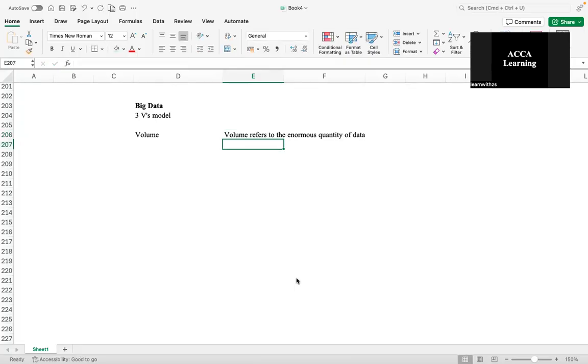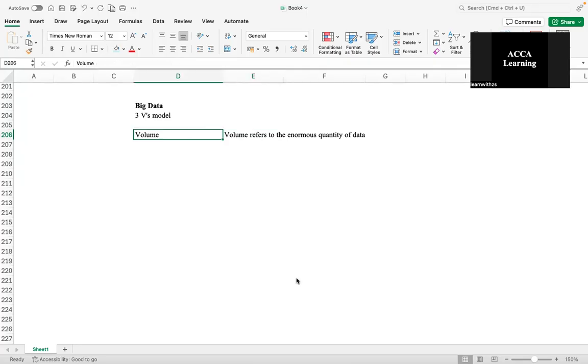Think of it like every time you interact with a website or a social media platform or an online service, you tend to generate data. Now, this data can come in the form of what? It could come in the form of social media posts, emails, text messages, photos, videos, voice recordings, podcasts. If you measure sensor data, then it could come in the form of temperature, location, motion sensors. So the volume of data is massive, and nowadays it has been growing exponentially even more because of modern technology.